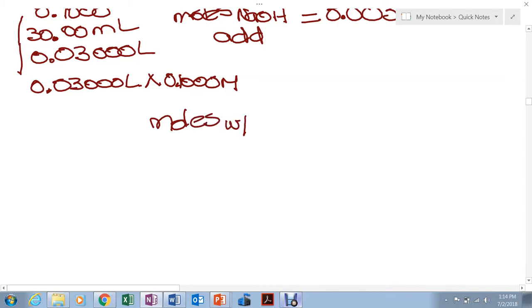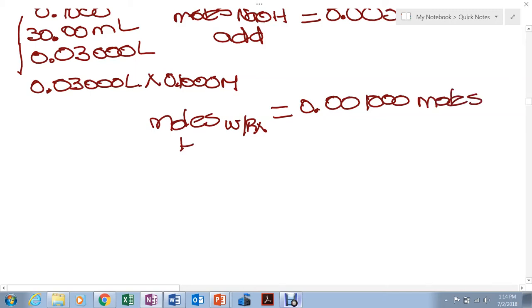are going to be 0.004 minus 0.003, 0.001 moles of HCl. This is HCl. But now to find the molarity of the HCl, so we can find the pH,